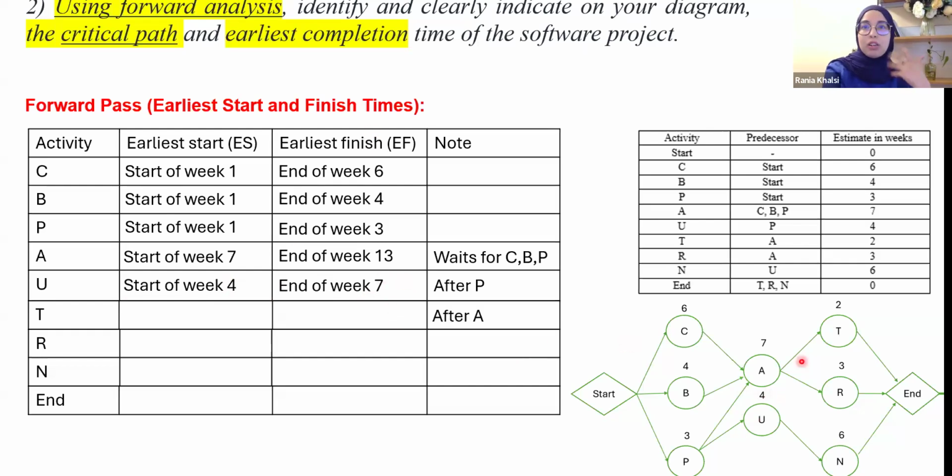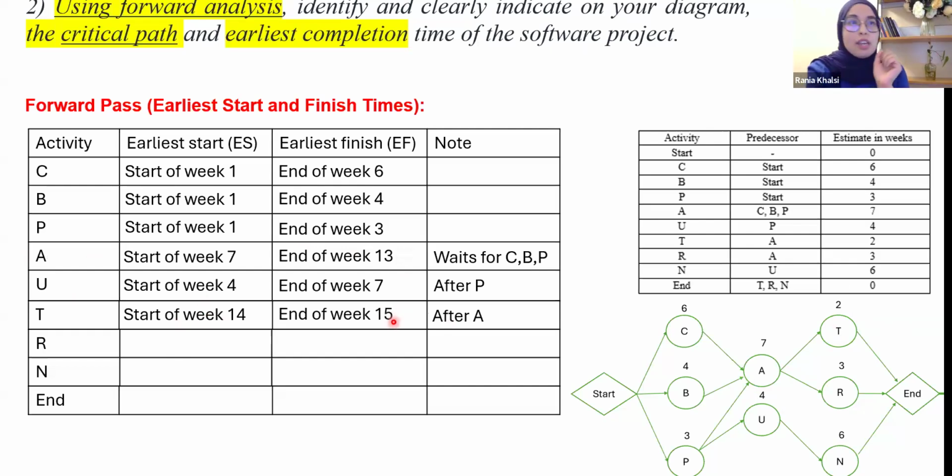With the same way of thinking, we can do the same for activity T. Activity T comes after activity A, so we keep looking at activity A. When does it finish? End of week 13. Next comes the start of week 14. So the earliest start for activity T is the start of week 14. How long does T take? Just 2 weeks. So from the start of week 14, we add 2 weeks until the end